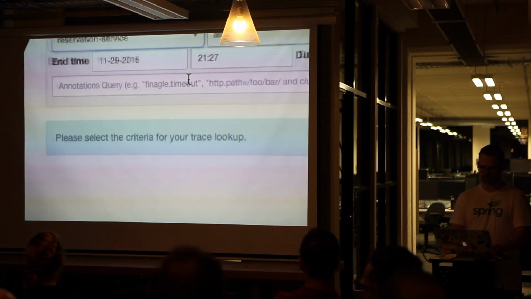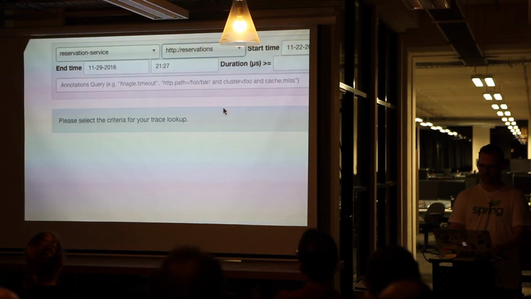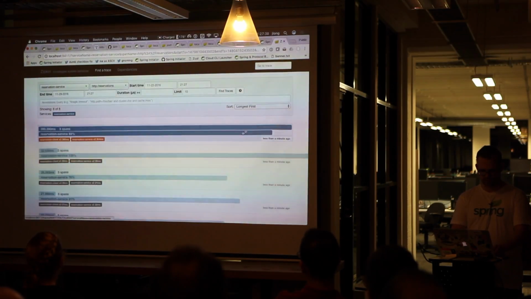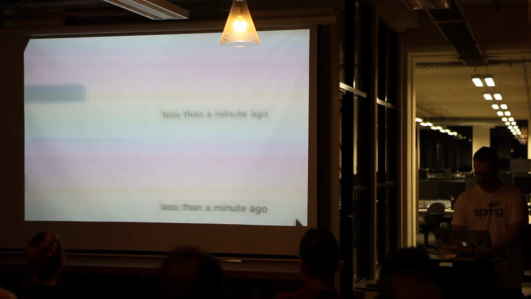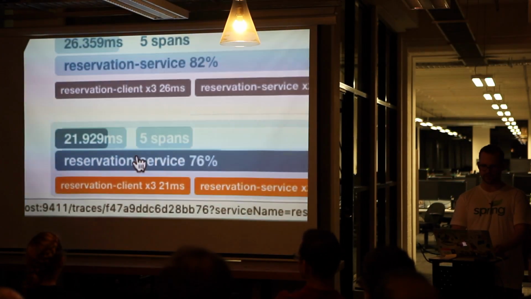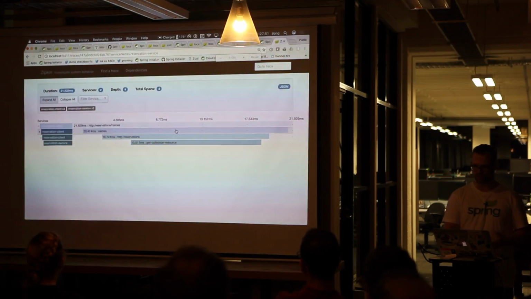If I go to the service, I can see that it knows about the different endpoints that have been invoked. If I click on this, for example, I can see find trace, and I can see that I've made several requests. For example, down here, it shows that I made a request less than a minute ago. If I click on this, it shows that it took 21.9 milliseconds. Click on that, and it'll give me a waterfall graph of the requests that have flown through the system from